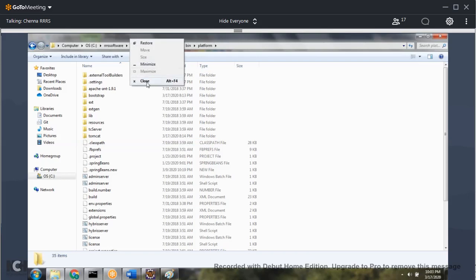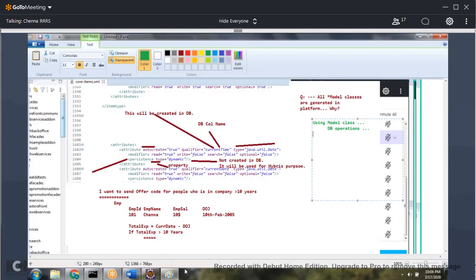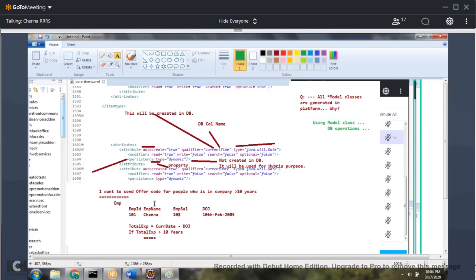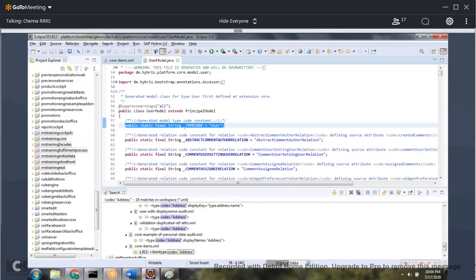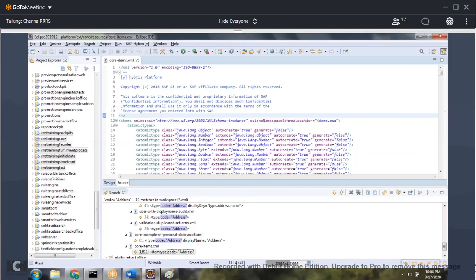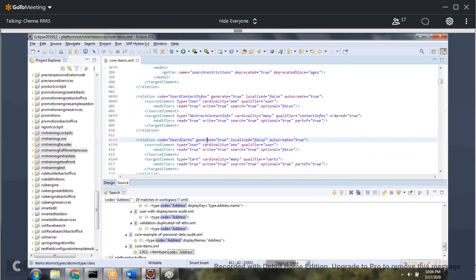Let's come back here. The next one is the persistent type, equal to property and dynamic. You also see some more things. When you hover on the attribute, you will get the help.